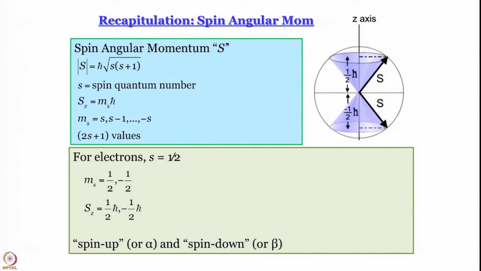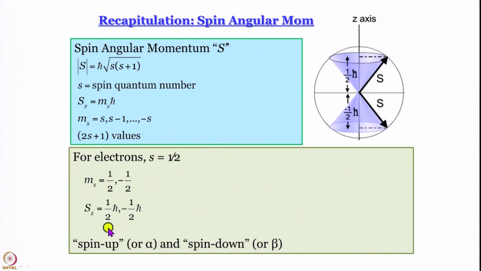Next, we came to this very important concept of spin. I sort of rushed through this part, and once again I am going to rush through this part today, but I hope this is something familiar to us. We know very well that there is something called a spin quantum number. The only confusion that is usually there is that in many books it is written for electrons s equal to plus minus half. No, please remember, for electrons the spin quantum number s is half, and ms is the spin magnetic quantum number that can take up values of plus half and minus half.